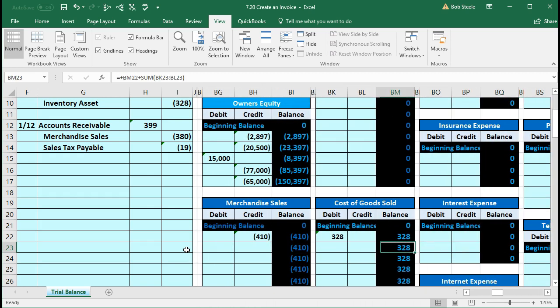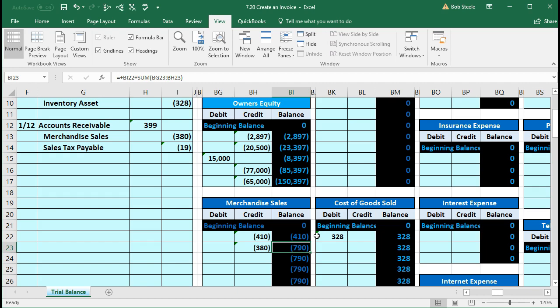Starting with the sales of merchandise sales. Here it is. I'm in cell BH23. BH23. We're going to say that equals, and then point to that $380. That's going to bring the credit balance up in the credit direction from 410 to